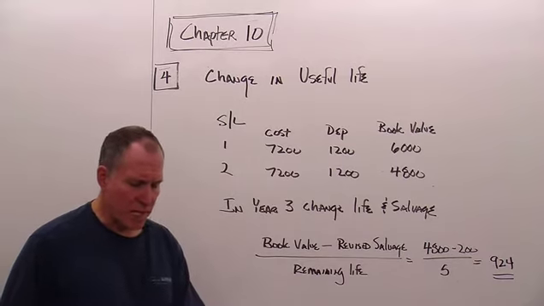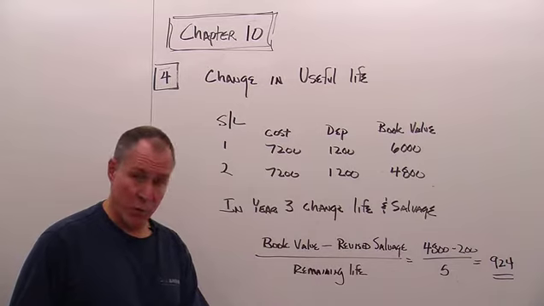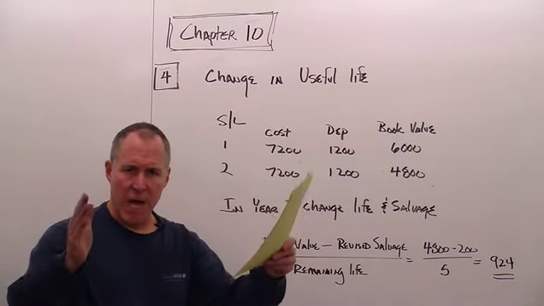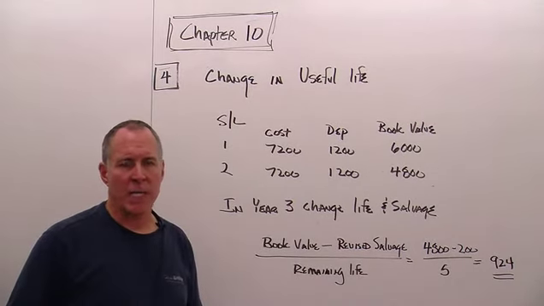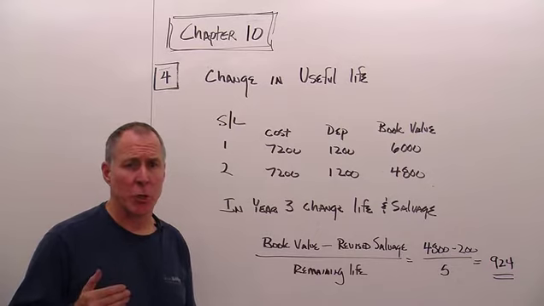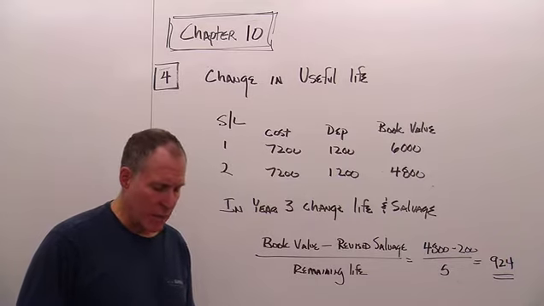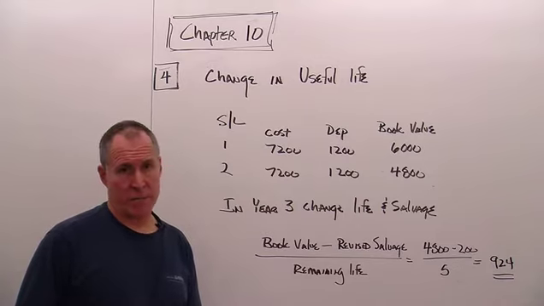It says, what would be the depreciation under the straight line method if in year 3, before you calculate depreciation, the estimated useful life is increased to 7 years. All right, so you originally thought it was going to be 5, you now think it's going to be 7. But this was not done in year 1, this was done after year 2 and in year 3 before you've depreciated in year 3. Also, the salvage value is going to be decreased from $1,200 to $200.